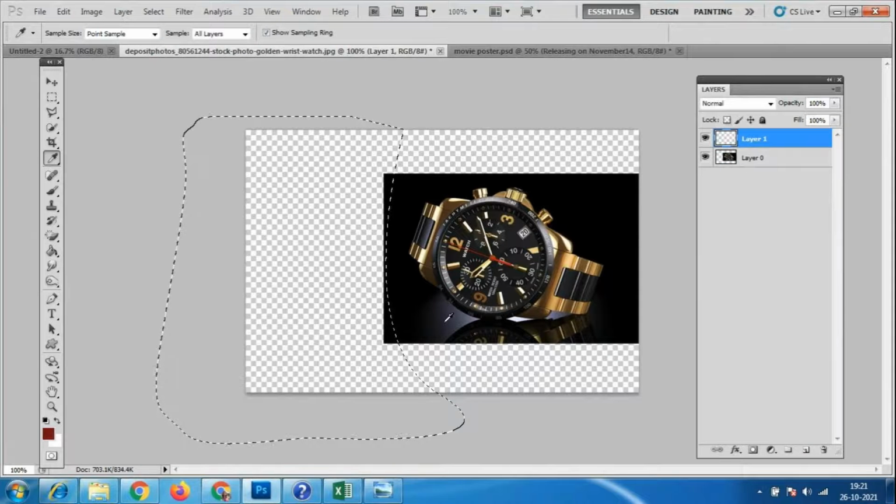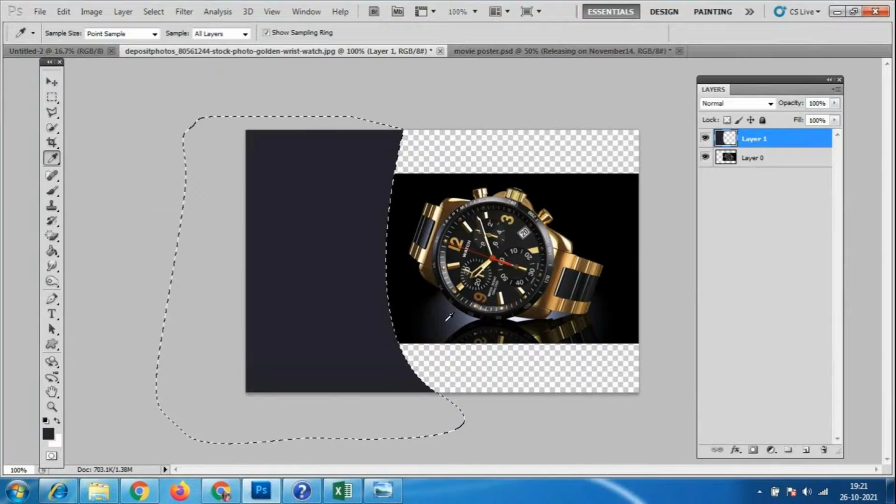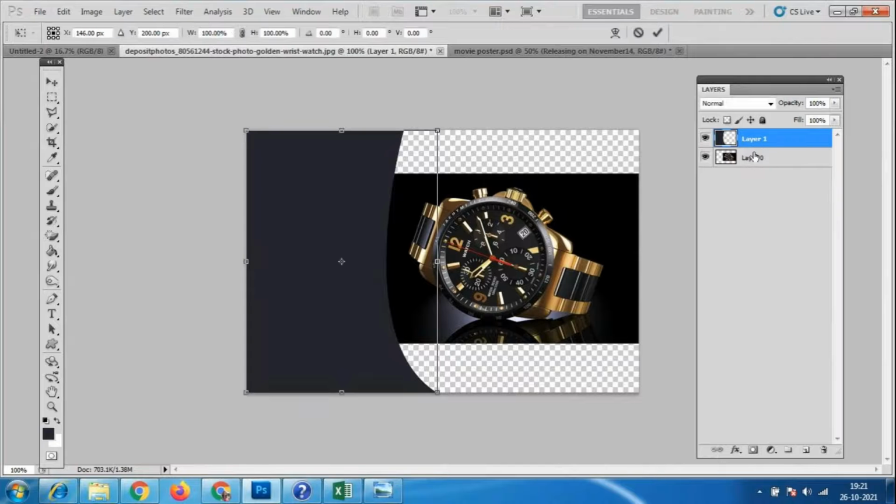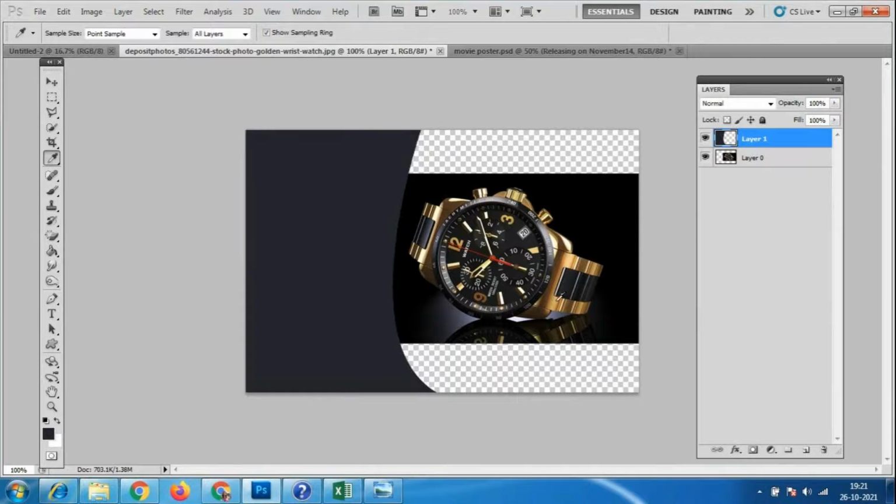The same color I am taking like this. Control D. Okay, so if you are not able to do it in Photoshop, leave it. Again in the InDesign, again in the Corel Draw, you will have the same option. So you have to do the same things in the Corel Draw and InDesign also. So the pen tool itself you have to use it. Again here also you can make n number of designs.